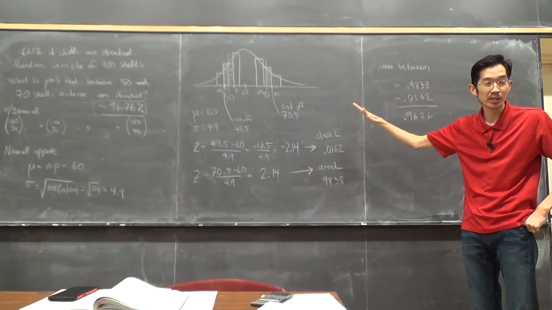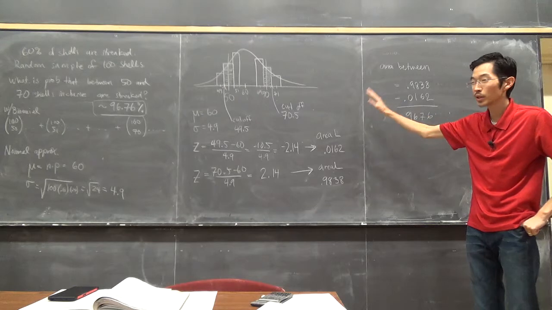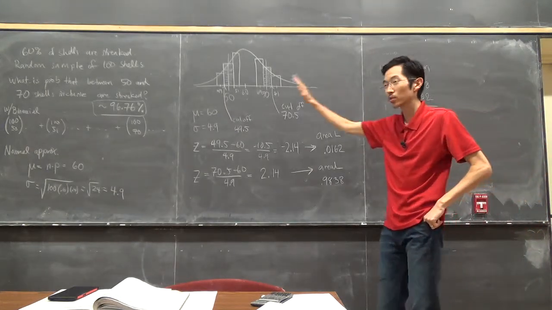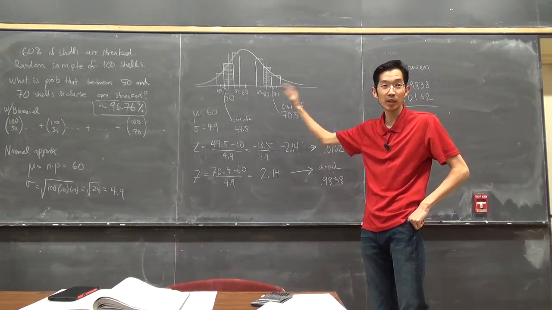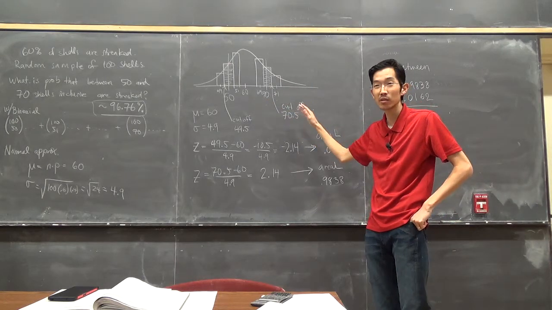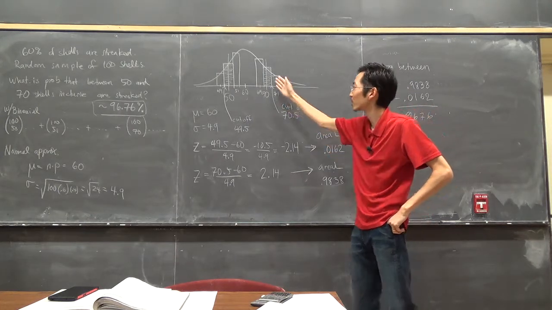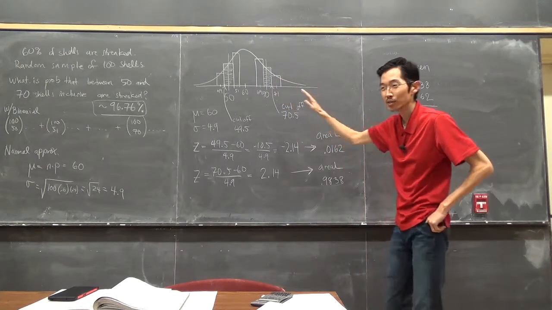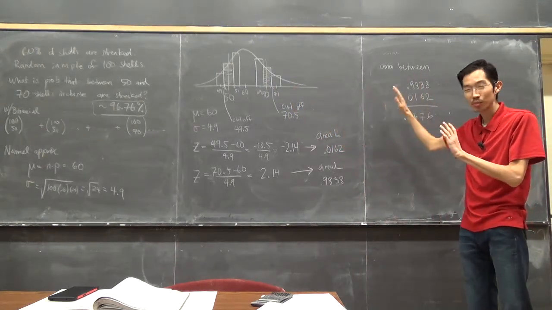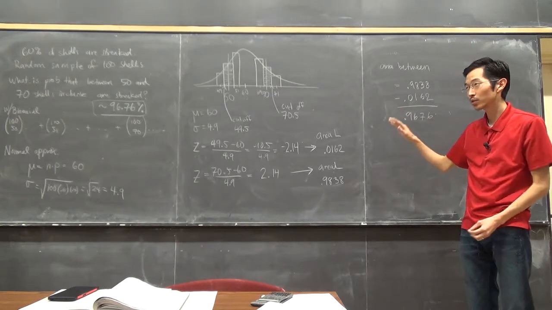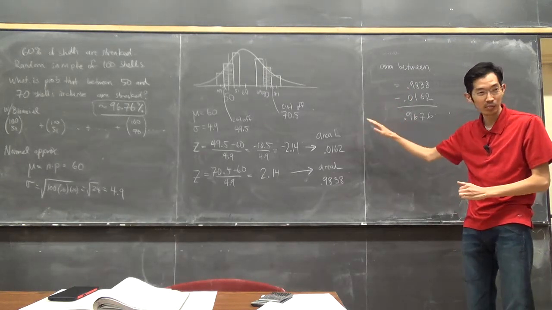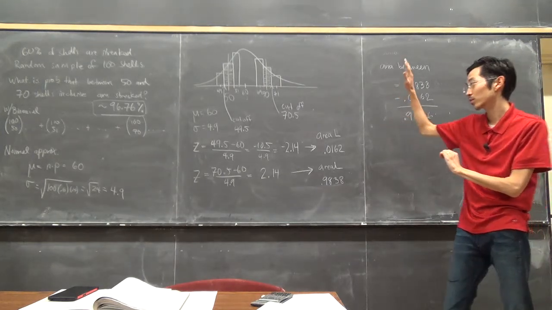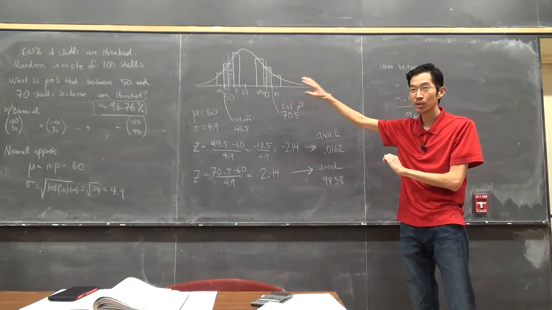You're going to use the normal model, okay? The only reason why we're doing plus or minus 1/2 here is because we're trying to approximate a discrete thing with a continuous thing. The binomial is discrete, the normal model is continuous, so we have to account for this imaginary bar that's being cut in half, okay? So with the normal model, don't be adding plus or minus 1/2. If you're doing the binomial by itself, don't add plus or minus 1/2. The only time you're going to add plus or minus 1/2 is when you're approximating the binomial with the normal